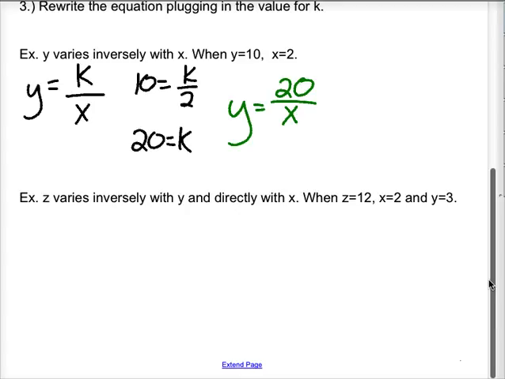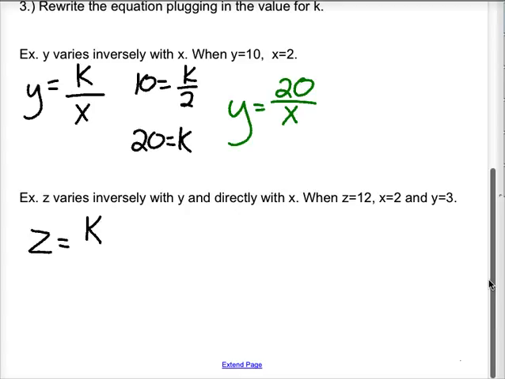So now, of course, that is the very beginnings. That's the basis of this. So you can have more than one thing varying. So here it says z varies inversely with y and directly with x. So let's set up this one. So again, I always start with what is varying. So this time z varies. So we get z equals,